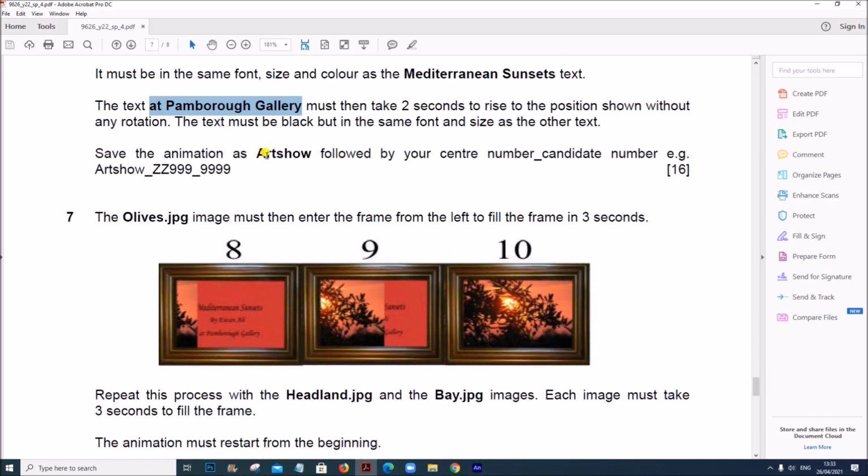Next, save the animation as art show followed by your center number and candidate number.